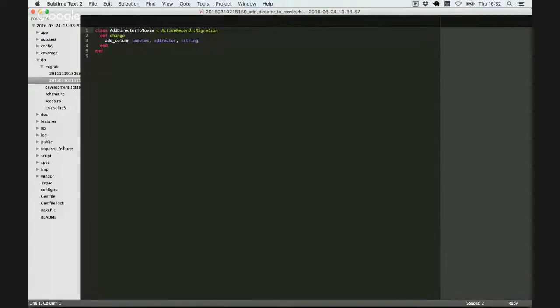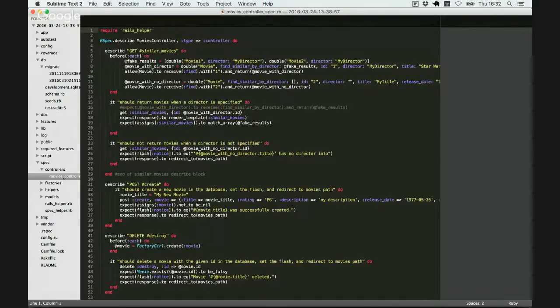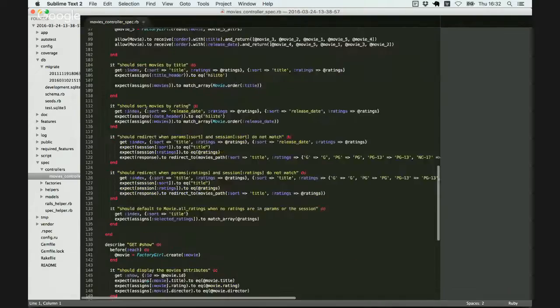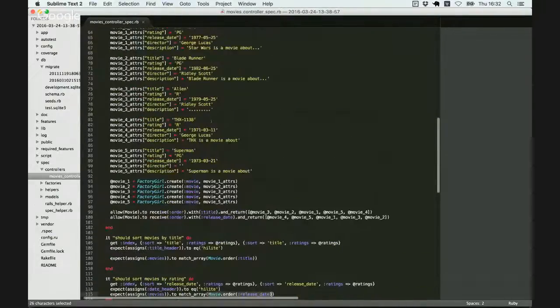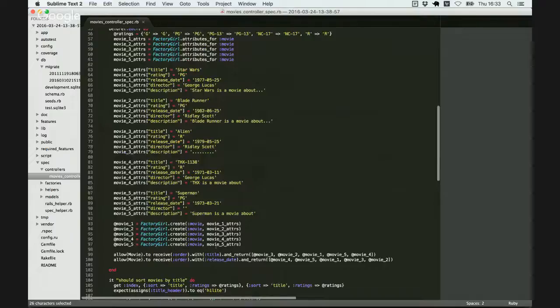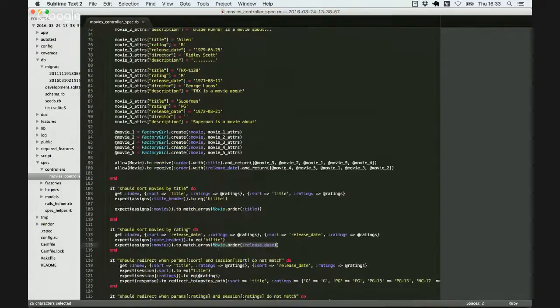If we look at their tests, their movies controller spec, they've got a couple of things here where they're expecting the controller to assign the movies to be exactly equal to the contents of the database. And they're using Factory Girl to control the contents of the database. Yeah. And because the migration has added like 10 extra movies, when it does this comparison here, it